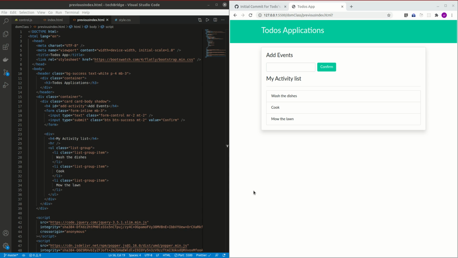I want to go over what we did in the last class, for those who missed it, and for persons who weren't able to get a full scope of what was being done. So prior to the last class, this was what we had on the project: a to-dos application with